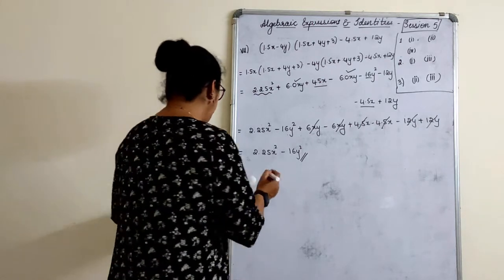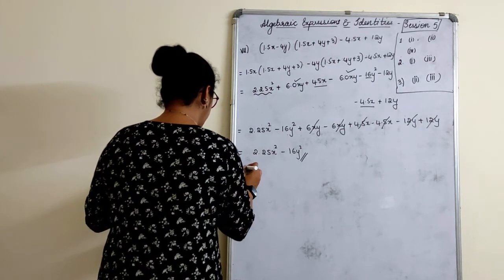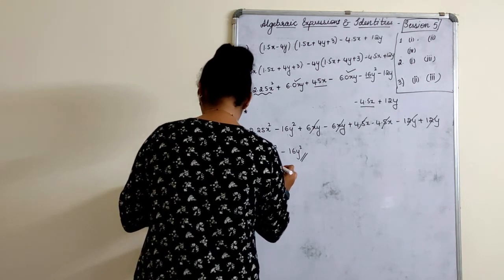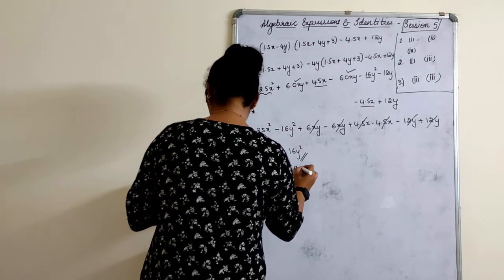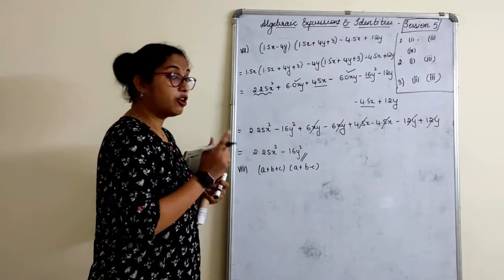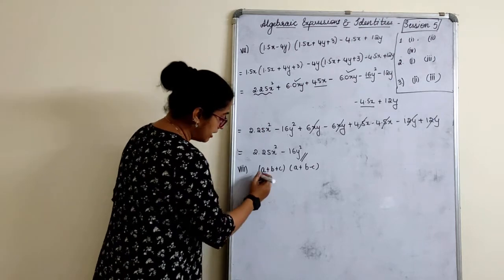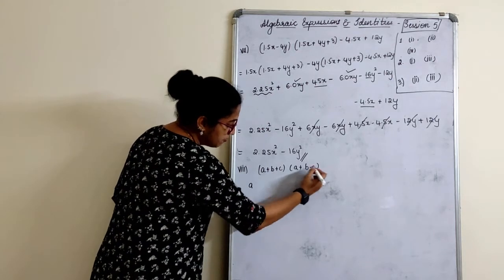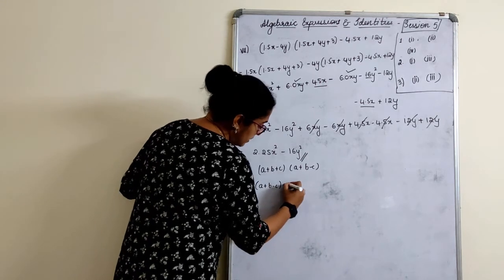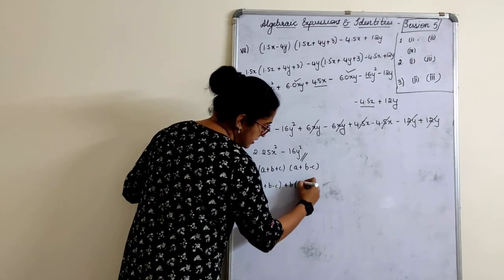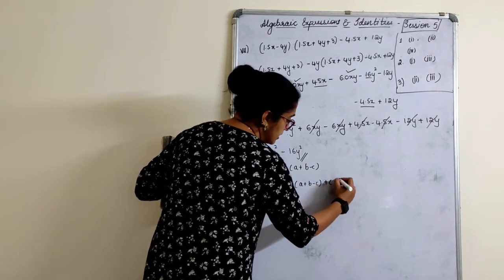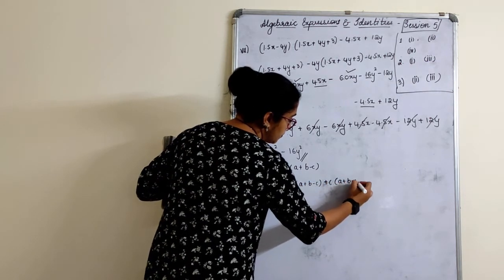And the last one, that is 8th one. a plus b plus c of a plus b minus c. This is the multiplication of a trinomial with trinomial. Let's do this. We haven't done this now. Take the first term multiplied by the next three. a plus b minus c, plus b multiplied by the rest, a plus b minus c. And the last plus c, a plus b minus c.